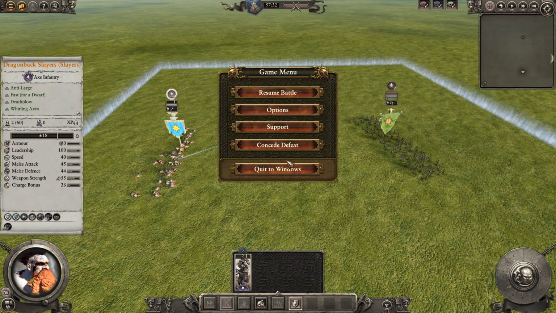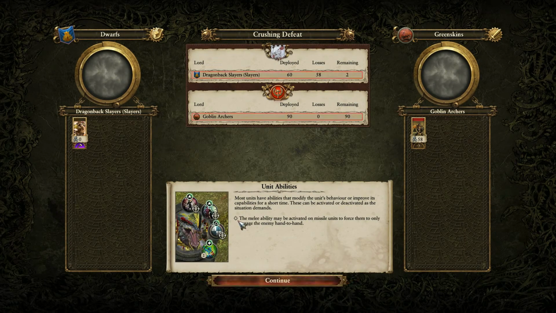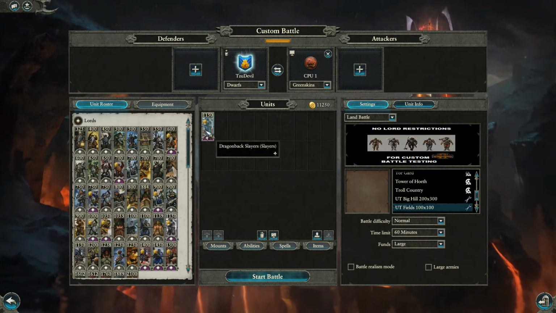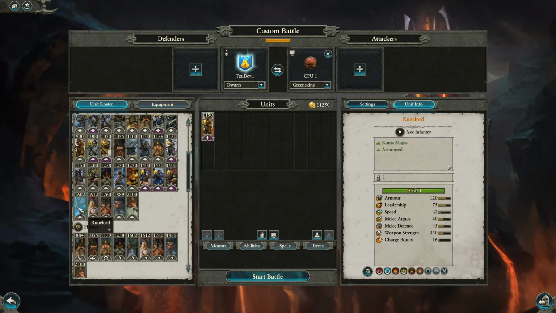So I thought, just for curiosity's sake, let's take a look at our Rune Lord's buff. So we'll end that battle. I mean, our Rune Lord's protection against missiles. You know, it's not uncommon if you're bringing a Rune Lord, I like to stick him in with a group of Dragonback Slayers, and you know, I will stick him in obviously with a group of